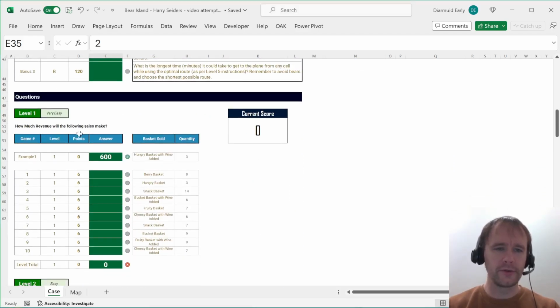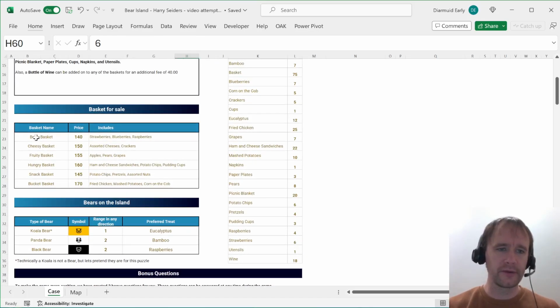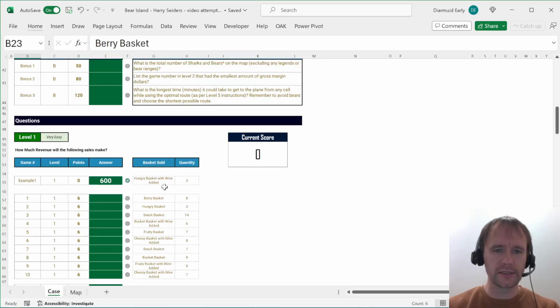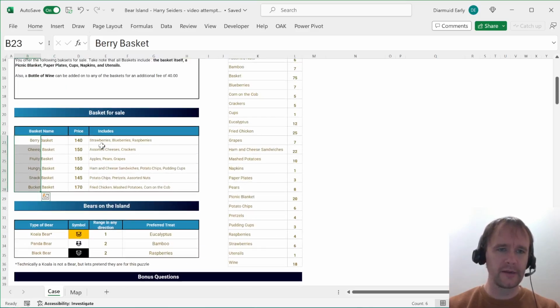So how much revenue do the following sales make? You've got different kinds of baskets, some with wine added, and you've got different quantities. So you just need to be able to figure out if you have either one of these baskets or one of these baskets with the text with wine added at the end, then how much are they going to cost? Now, the easiest thing to do here